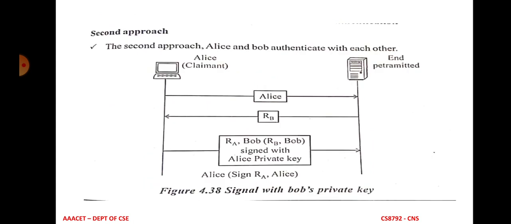So the final step is also the same. In the second approach, Alice and Bob authenticate each other. So in the first step, Alice sends her identity to Bob. Again Bob sends the nonce value RB to Alice. Again Alice signs Bob's nonce value along with RA, right? So RA and RB are signed with Alice's private key. So these are the concepts of the challenge response